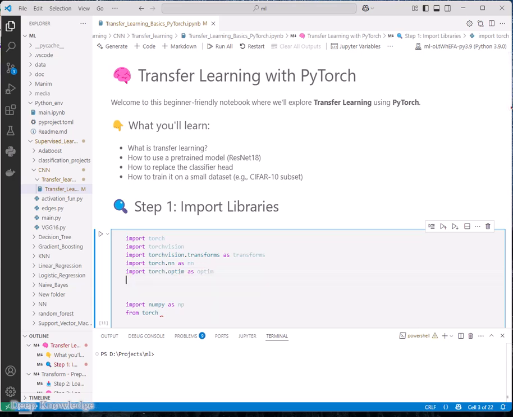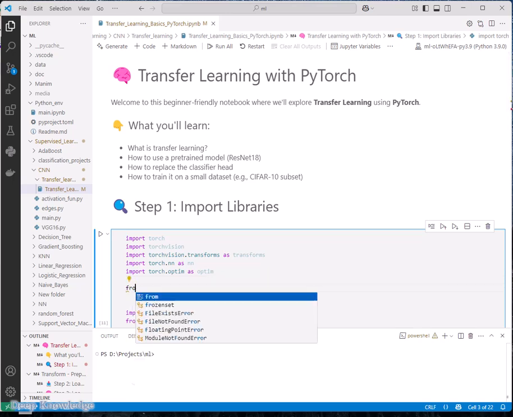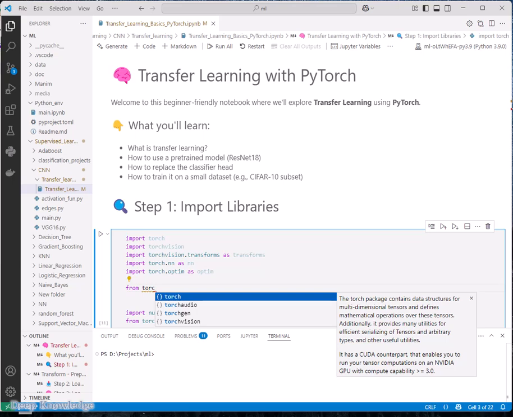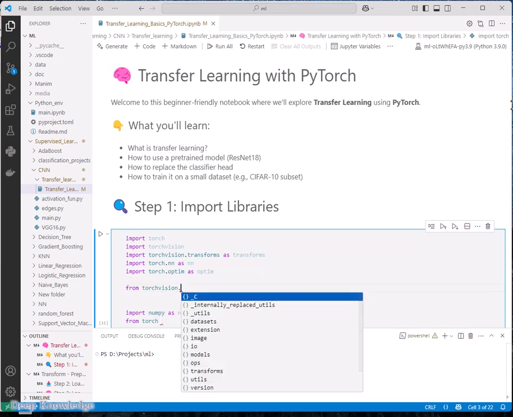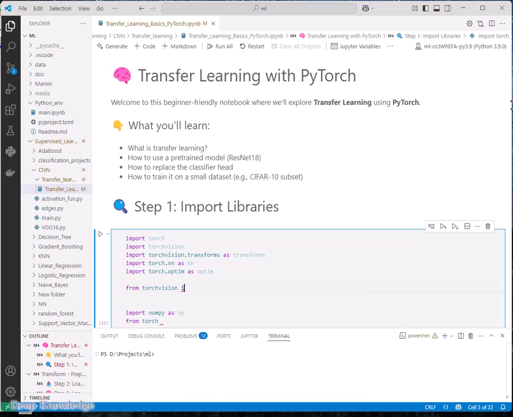And now we might need the models from torchvision import